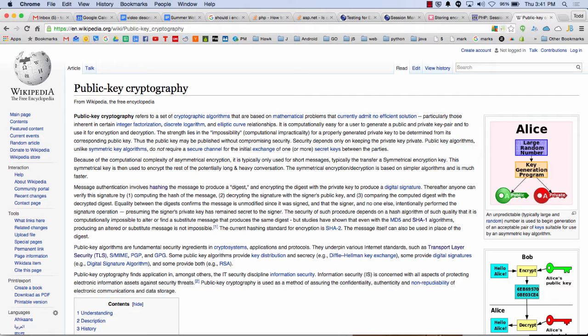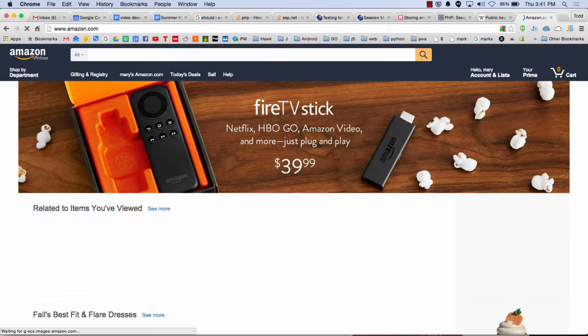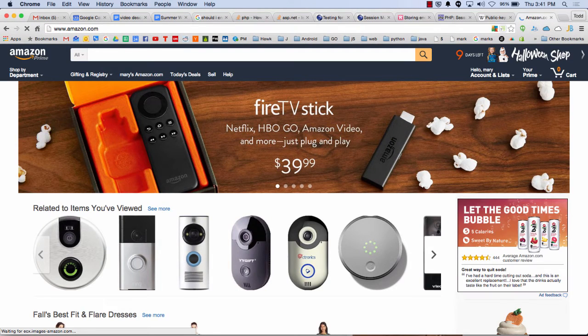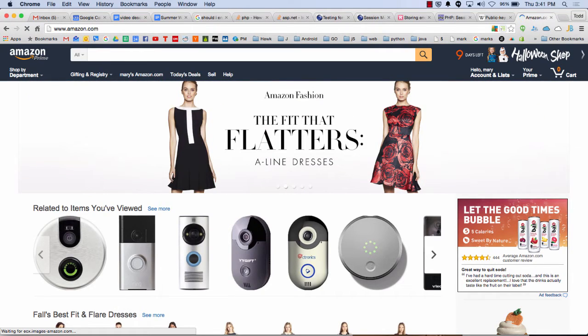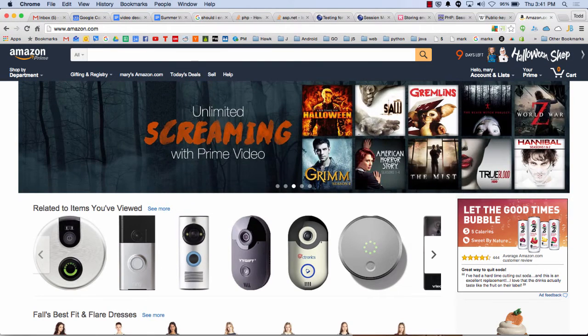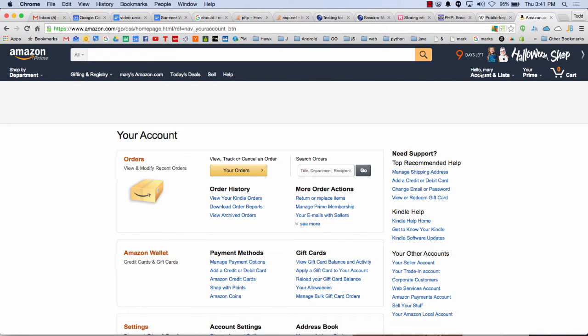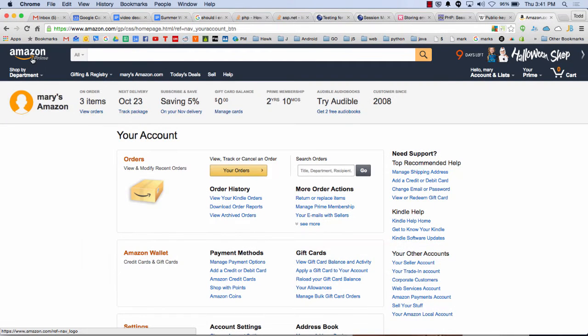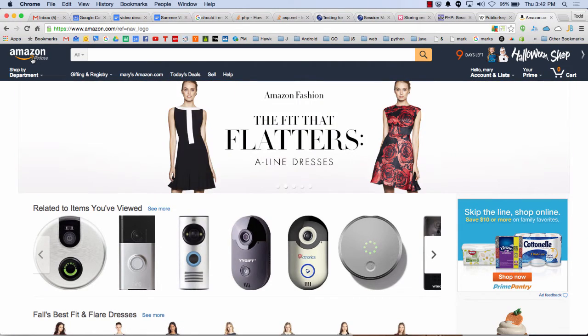It's interesting to think about that now when you look around. If I go to Amazon, is it just Amazon, or is it Amazon HTTPS? It's just Amazon. You can see what I've been looking at. Doorbells and dresses, there we go. And screaming movies. But if I start to go to an account, now I'm on HTTPS. What happens if I'm logged in and go back to the home page? I'm still HTTPS. So as soon as I went to the account, it locked everything down.